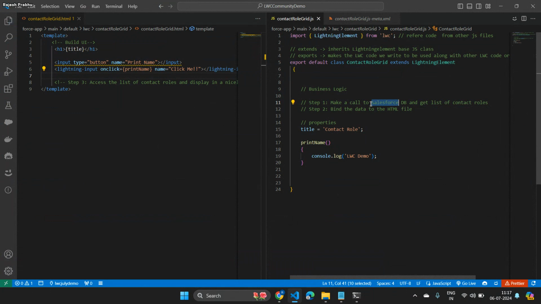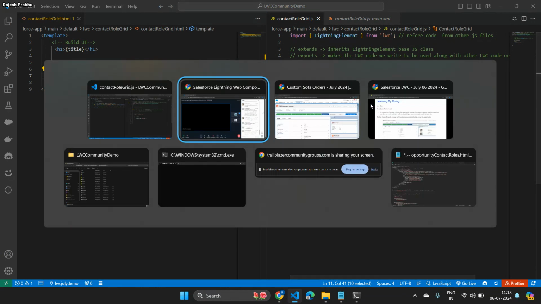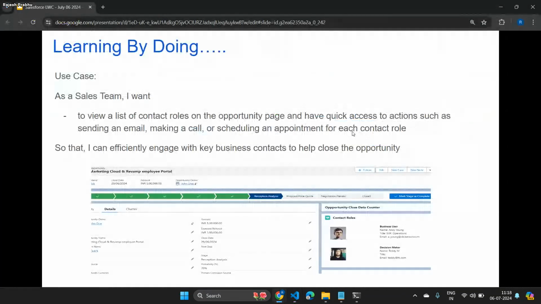Because at the end of the day, it's a framework built by Salesforce. Remember, what do we mean by framework? Framework is nothing but a set of reusable functions and methods that are available so that we can accelerate our development. So what Salesforce has done is, they have built something called